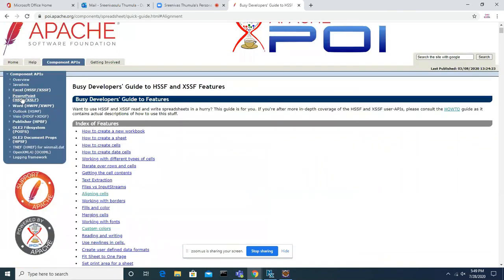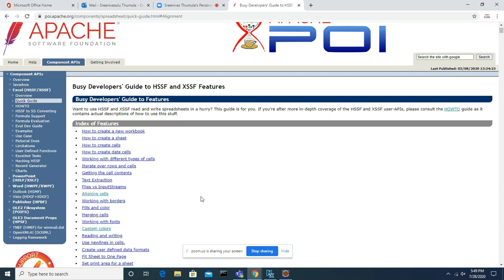We can create PowerPoint also. We can create Word documents also. They are given. That's all. They give you the implementation. If you want to do it in a manual manner, how would you do it? You just open that particular software, MS Office, and create it. So this API is going to give you guidance to create it in a dynamic way, which means everything is done programmatically.